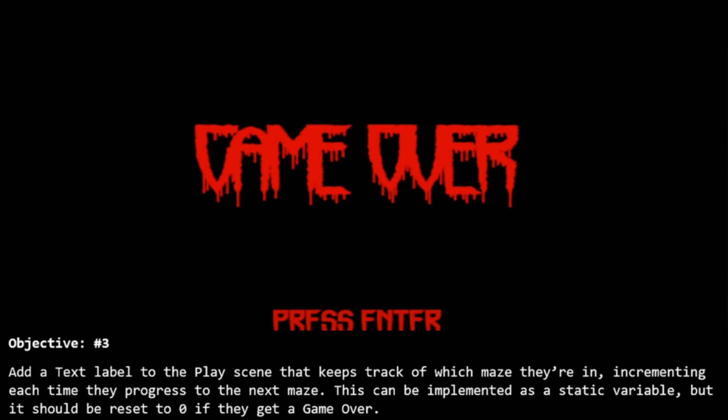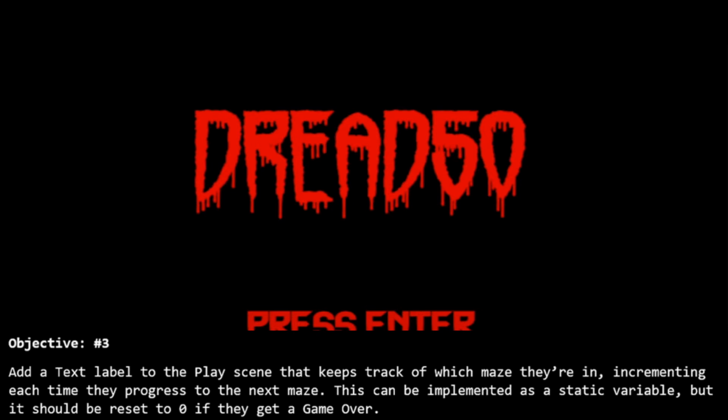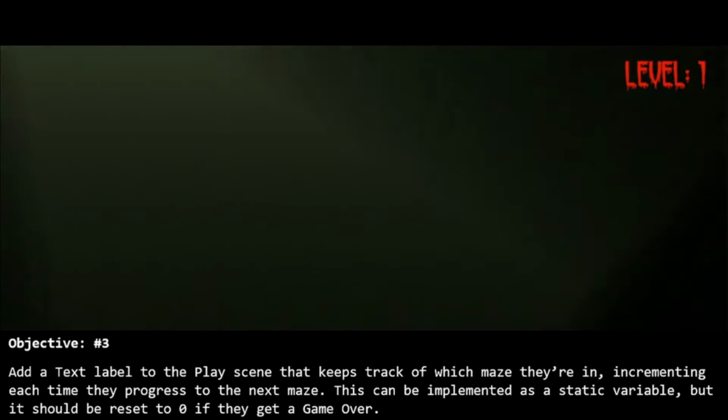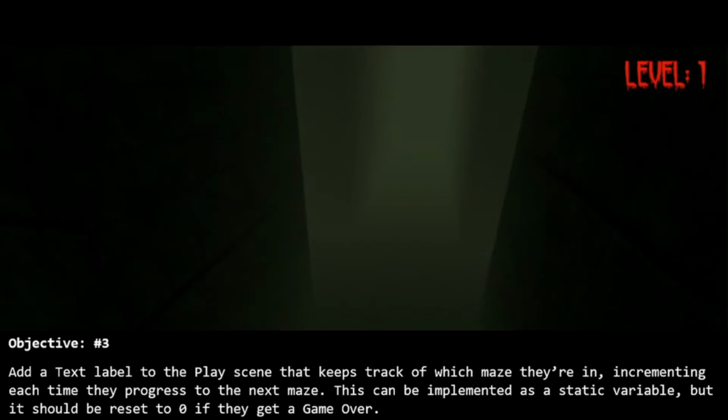The last objective is add a text label to the play scene that keeps track of which maze they're in, incrementing each time they progress to the next maze. This can be implemented as a static variable, but it should be reset to 0 if they get a game over. Here I created a text label at the top right corner of the screen in the canvas of the